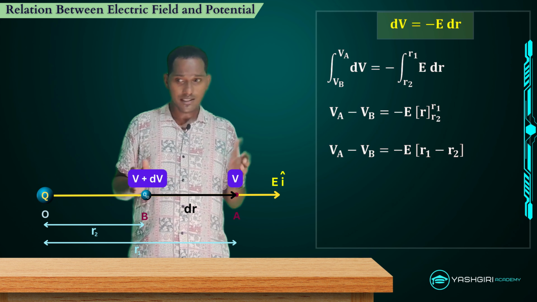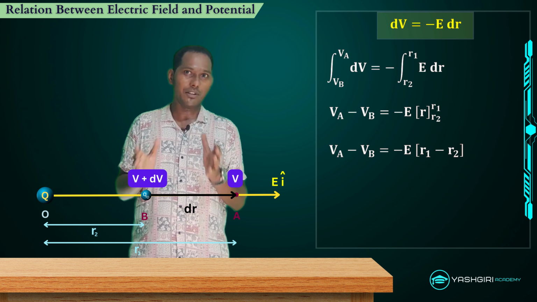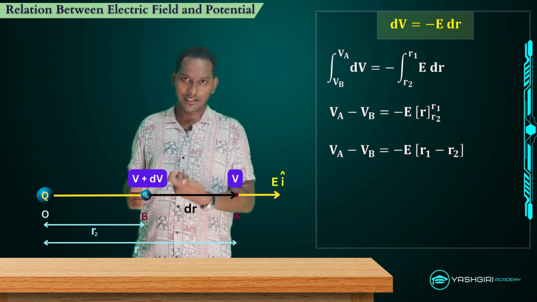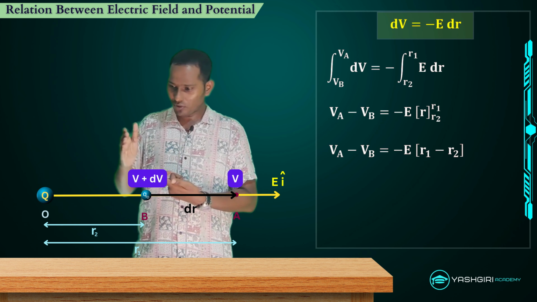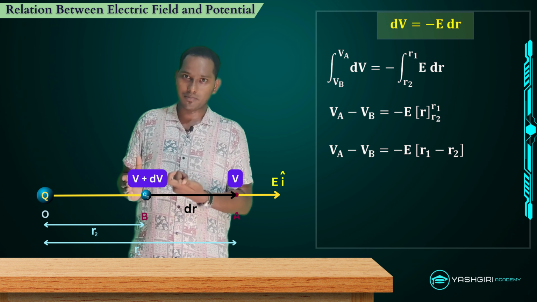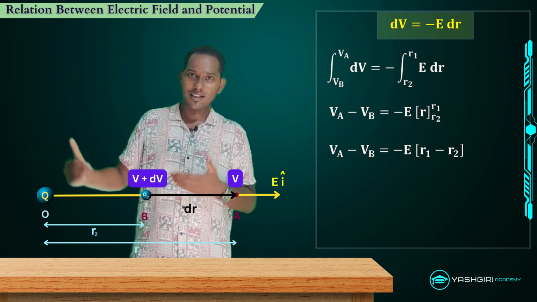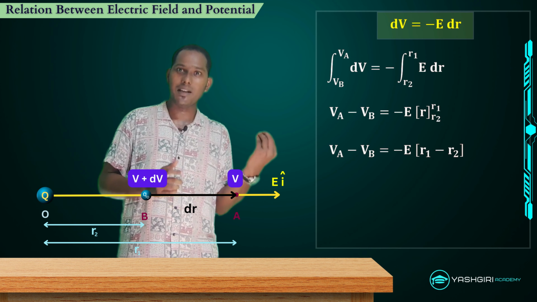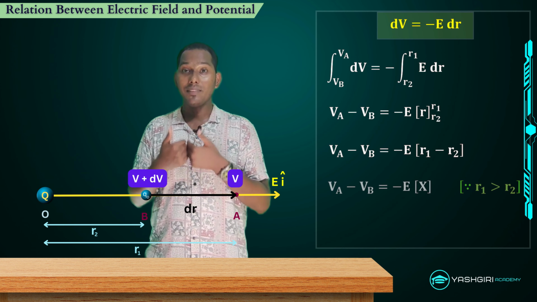And what is that R1 minus R2? If you just see, that will give me some positive value. So the increment that is happening here in that dr is positive. We are moving from B to a point A, so the dr here is positive. The distance is getting increased, right? And that positive inside the bracket, when you multiply with the negative, you'll be getting some negative value,